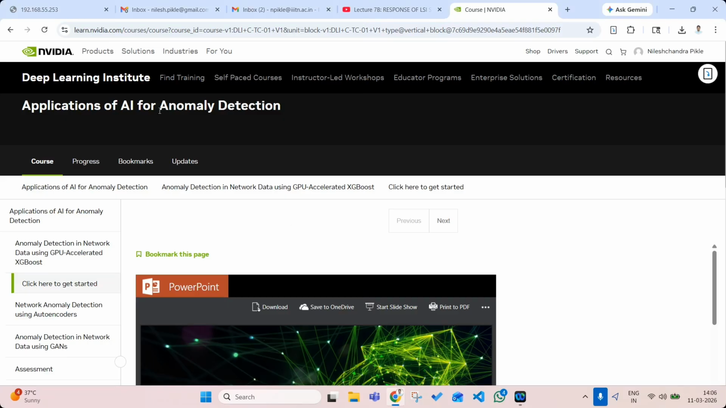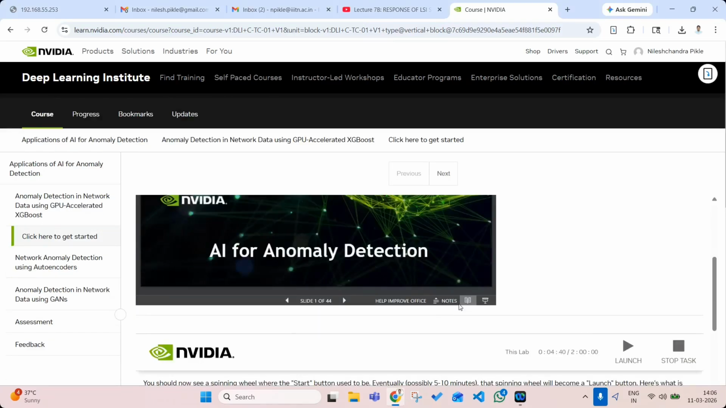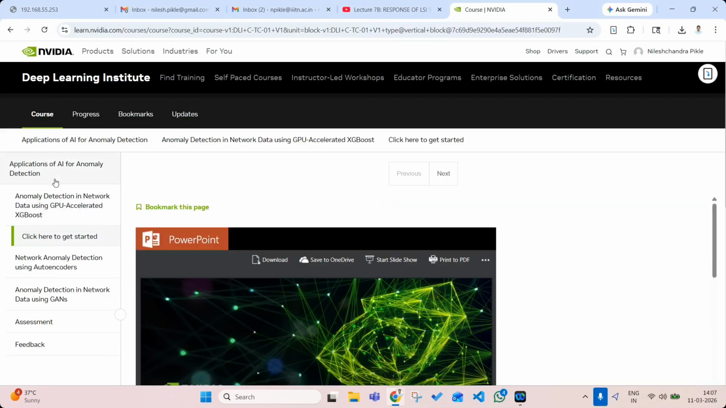Okay, so we will use these generative models for the purpose of anomaly detection. So let's try to understand what is anomaly first. And again, before that, let me give you a brief about the